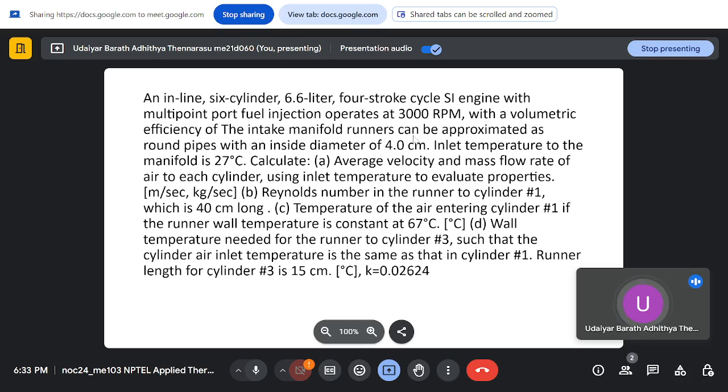The intake manifold runner can be approximated as a round pipe with an inside diameter of 4 cm. Inlet temperature to the manifold is 27 degrees Celsius. We need to find the average velocity and mass flow rate of air to each cylinder using inlet temperature